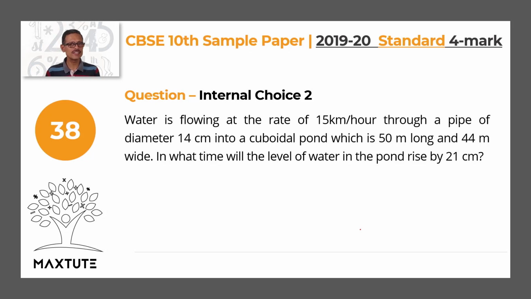by 21 centimeters? They're given all possible measurements of units, right? Given kilometers per hour, meters, and then a couple of centimeters. To avoid all confusion, in the next slide, let's start by bringing them all to one uniform unit. I think bringing it all to meters makes sense because meters is somewhere in between centimeters and kilometers.